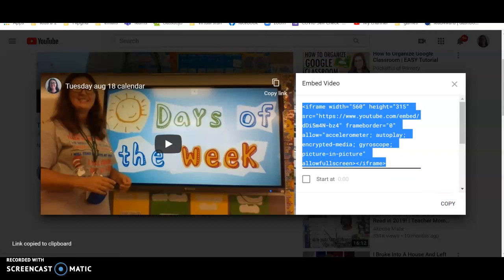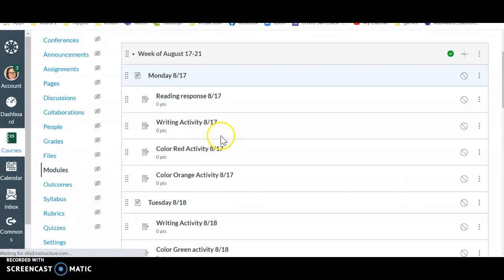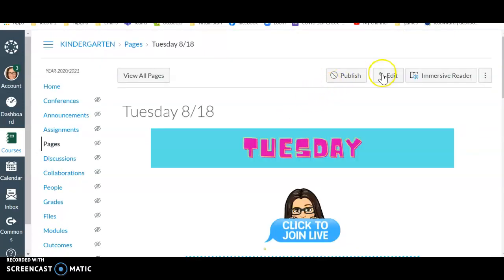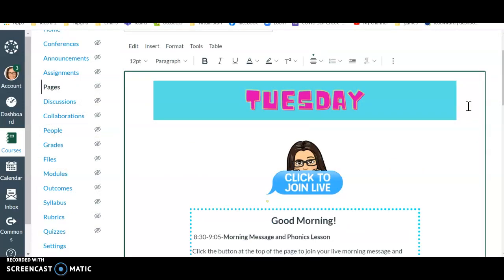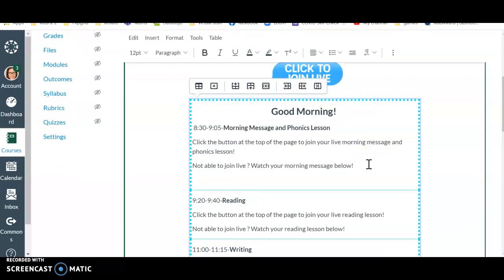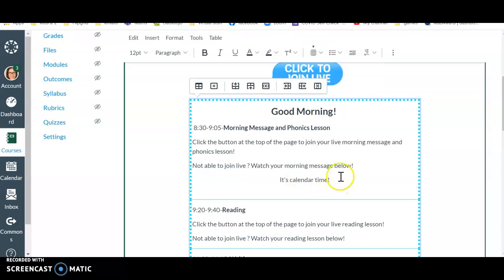Once the link is copied, you'll go over to your Canvas, find the module that you want it put into. So that was Tuesday's calendar. So I'm going to go to Tuesday. I'm going to click Edit. And then I'm going to go to where I would like that to be embedded into. So I'm going to put calendar time, and then once you have what you want, return, and you're going to go up here